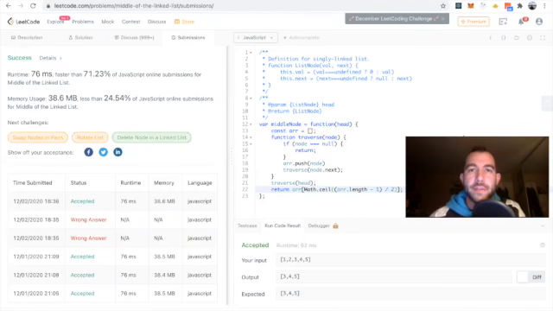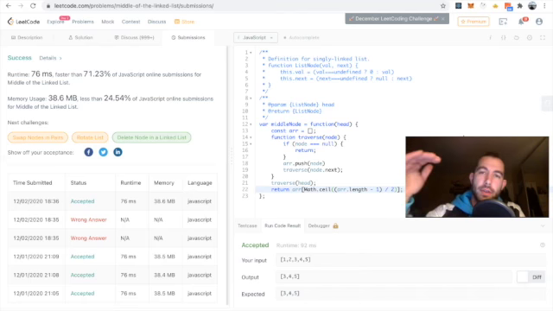This has an O of n runtime complexity, a linear runtime complexity, because we're going through each value in the array until it's empty. So it's a linear